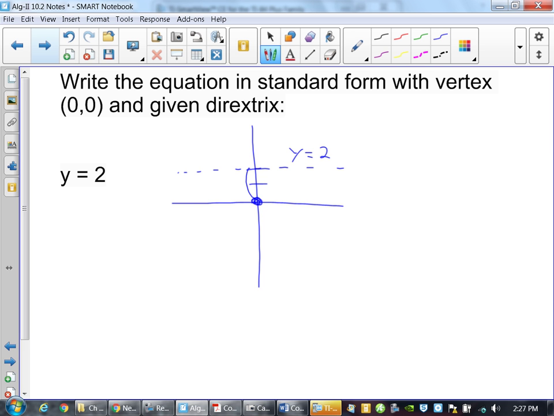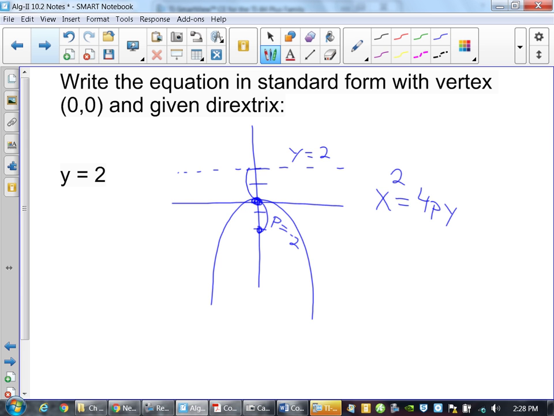Very good. The distance from the vertex to the directrix will always be the opposite of p. So that means the focus had to go this way. Since the focus went downward, the p-value is negative. Is this going to be an x squared or a y squared? It's going to be an x squared because the directrix is going left and right, which means the parabola opens up or down. It's the easy way to remember it. P-value is -2, which means you're using x squared equals 4py. If p is -2, what's my equation? X squared equals